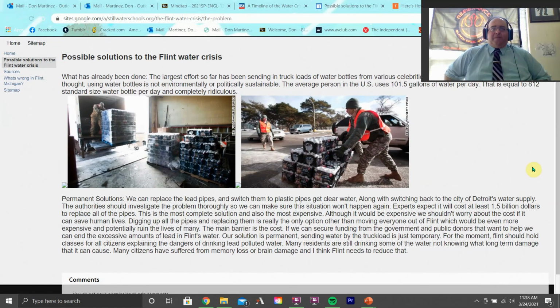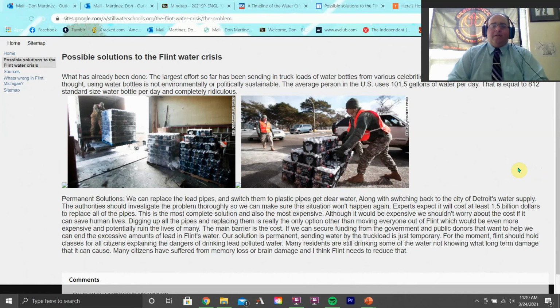Just from a practical viewpoint as an amateur plumber myself, plastic pipes sounds like a good solution. It would be a good solution if we were talking about Oklahoma. However, we're talking about Michigan, which gets hard freezes. Plastic does not tend to survive a hard freeze very well. They'd have to use some kind of metallic piping. Typically, they have non-ferrous pipes that are metal pipes that are used in modern construction that they're probably going to be using to replace those old pipes, because the old pipes were iron and lead.